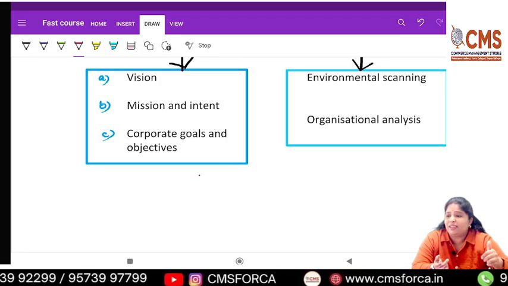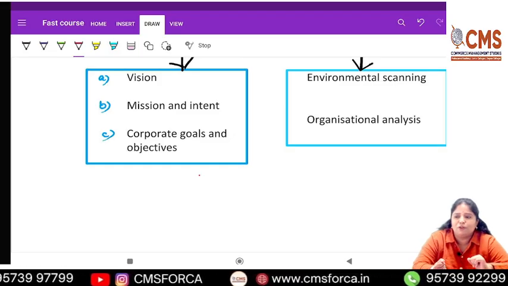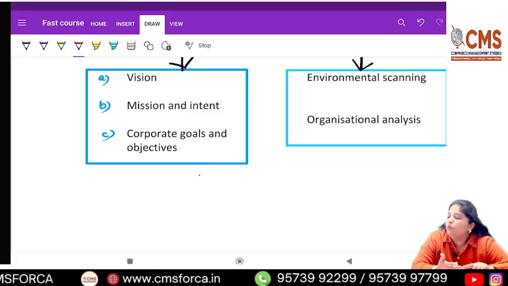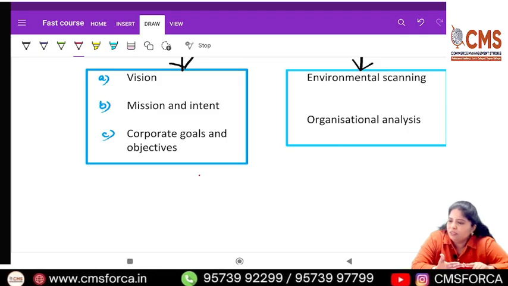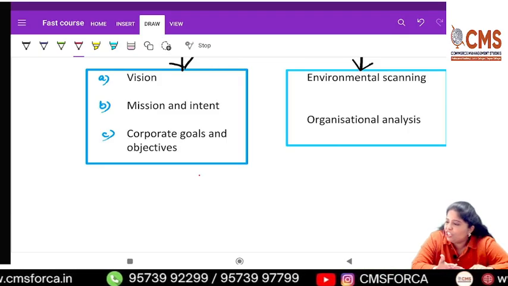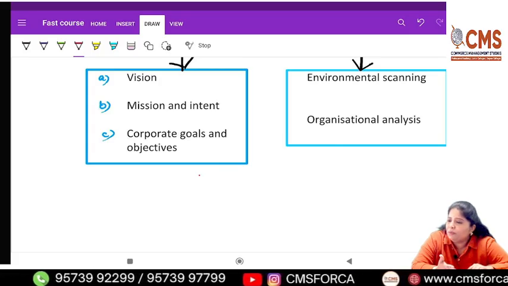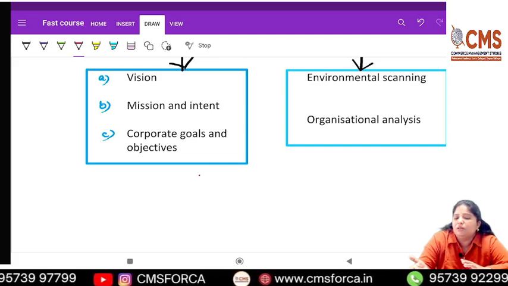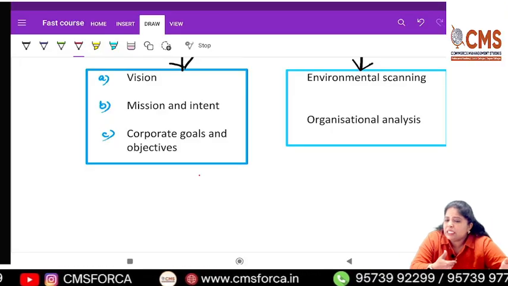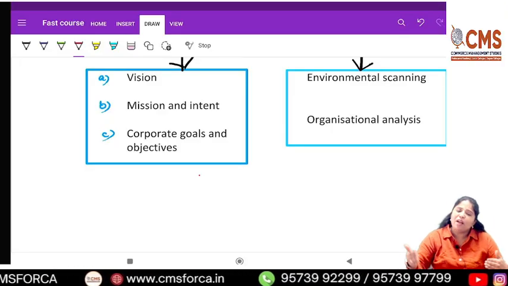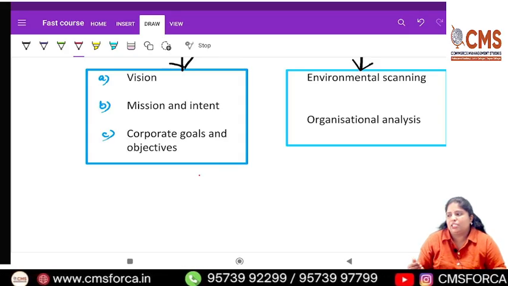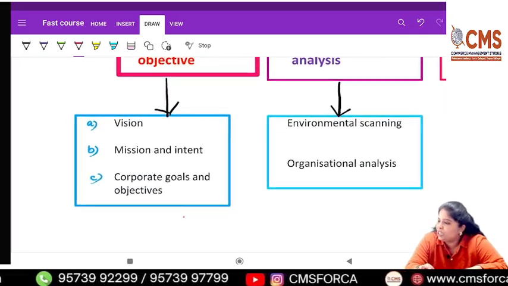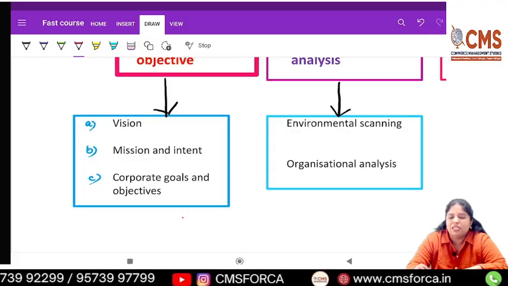Objectives always act like yardsticks to measure performance, benchmarks to see minimum performance. Objectives have to be challenging but practical to achieve, measurable, time-based, controllable, and objectives always should correlate with each other and should be relevant to the business environment. So like this, we have covered a few characteristics of objectives. I think with that, we have given a very quick recap of vision, mission, goals and objectives, which is